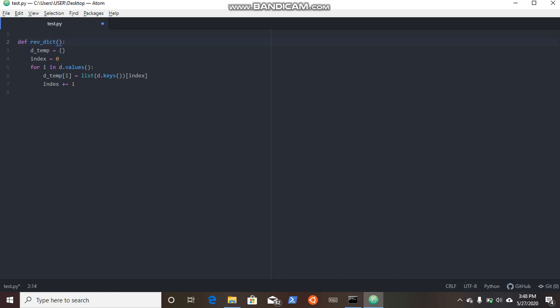To make deep copies, or just an assignment or call by value, we need to use the copy module, and from that we need to use the deepcopy method. We shall talk about that in a later video, but for now I'm going to pass a dictionary. Let's say the dictionary is going to be D. Now from the main area, we need to call this function, and we shall